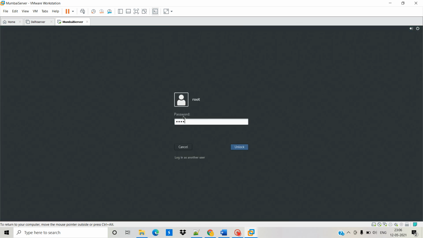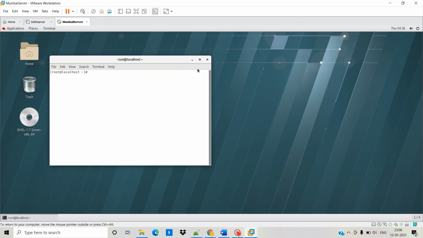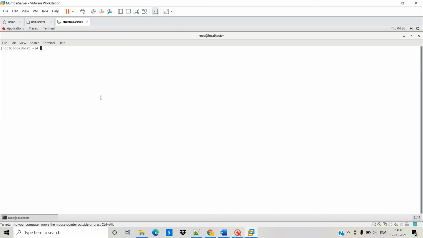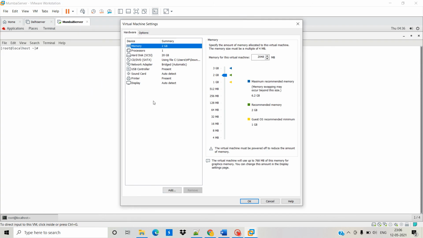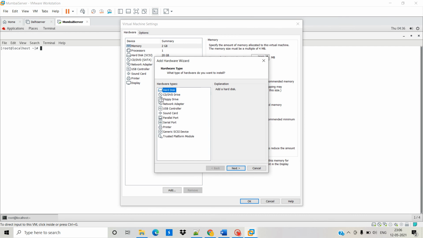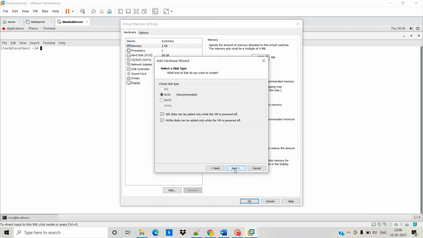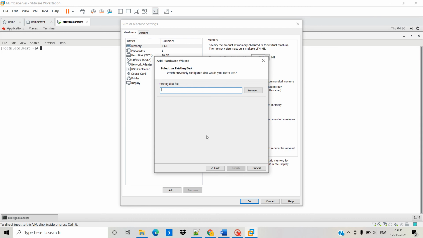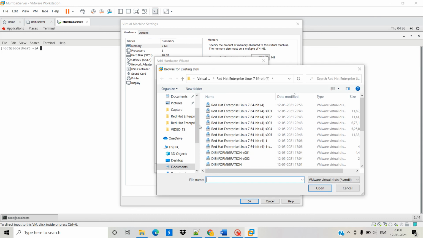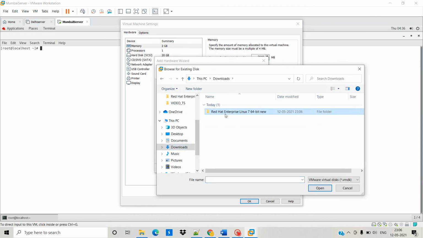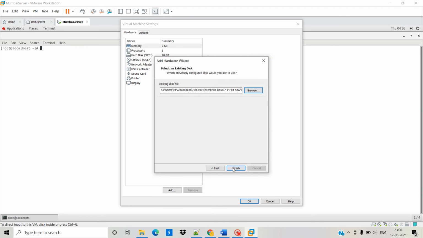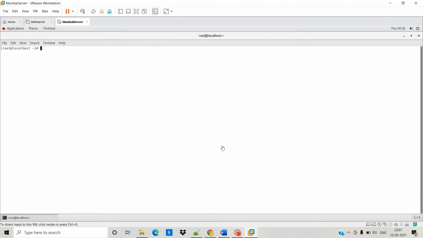So here root. Firstly you have to add that disk on this machine also. So here settings, add. Choose this one, browse, select the migration disk, finish and OK.